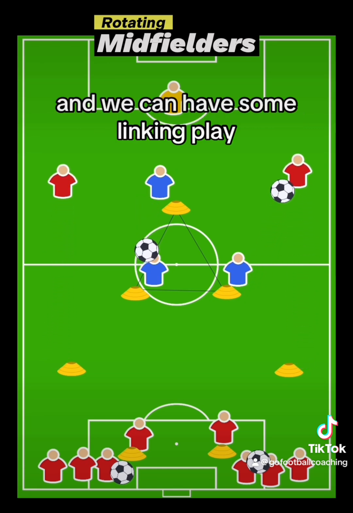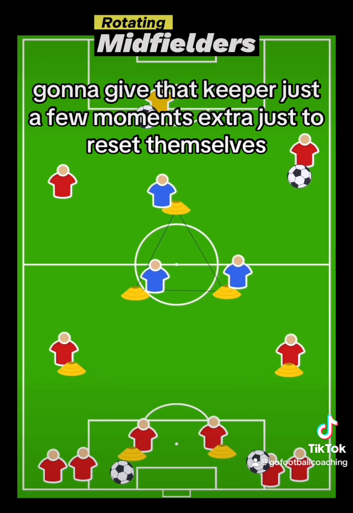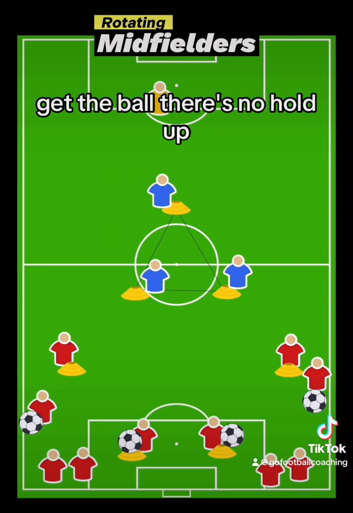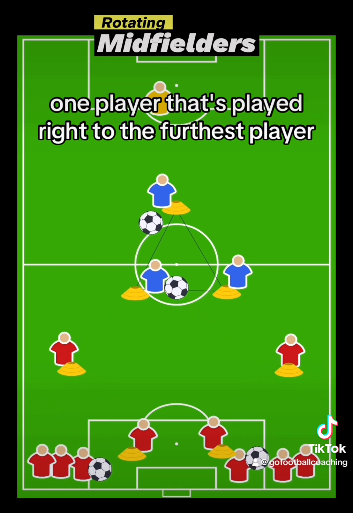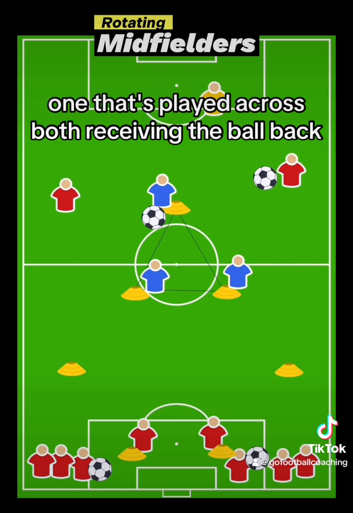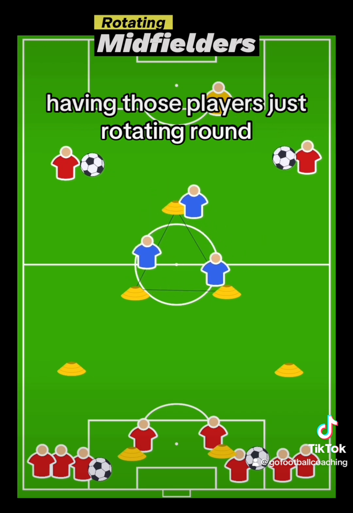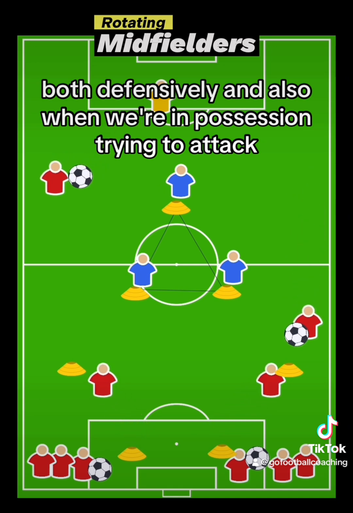And we can add some link-in play, just slow us down on one of the sides. Going to give that keeper just a few moments extra just to reset themselves, get the ball, but there's no hold-up. Again, different sequence this time. One player that's played right to the furthest player, one that's played it across, both receiving the ball back, and a three-player link-up move in the centre. Having those players just rotating around, just having supporting runs in place, both defensively and also when we're in possession